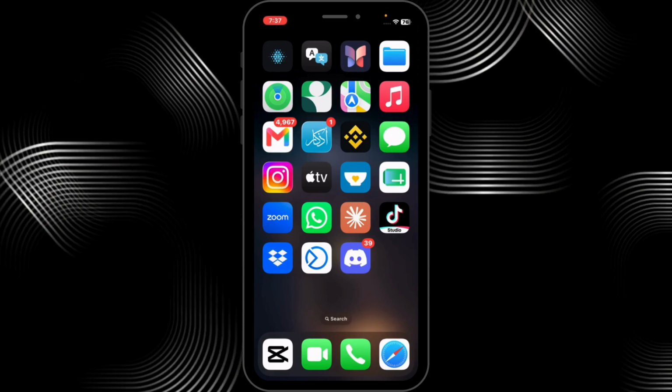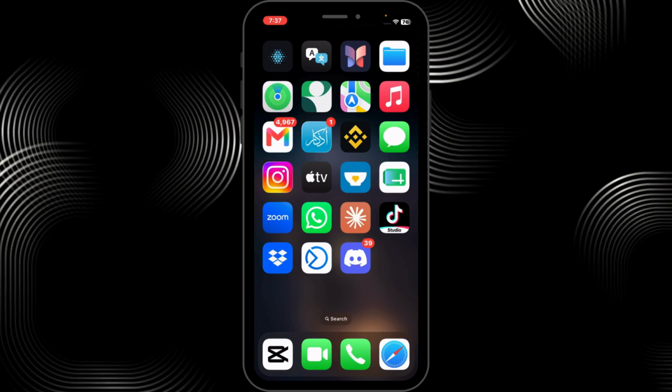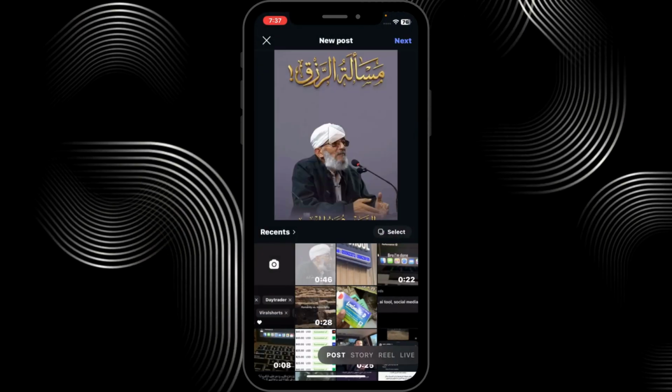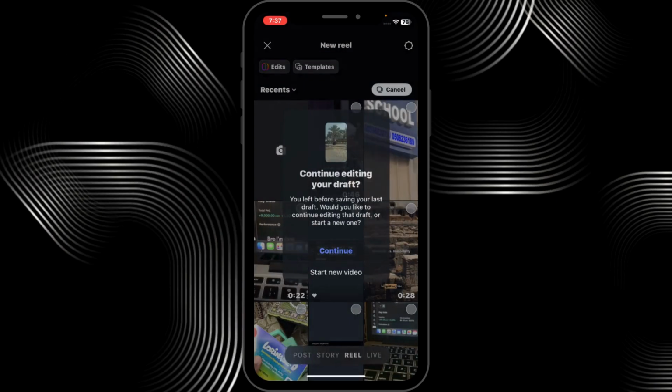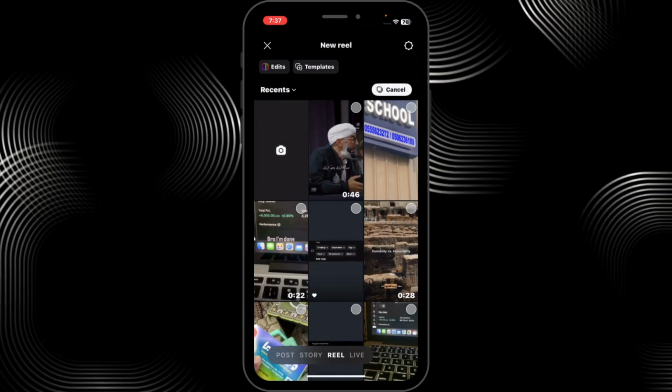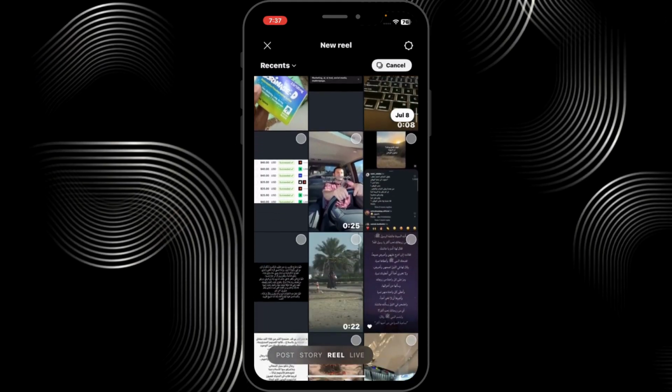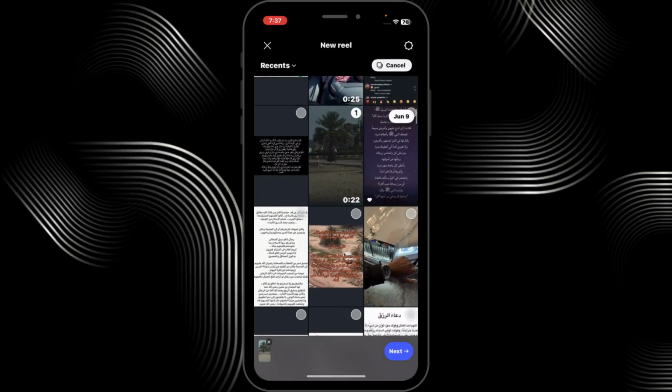You can schedule Instagram posts natively within the app by tapping the plus button at the very top left. Choose Reel instead of Posts. And let's say I'm going to choose this video. So I'm going to hit next,